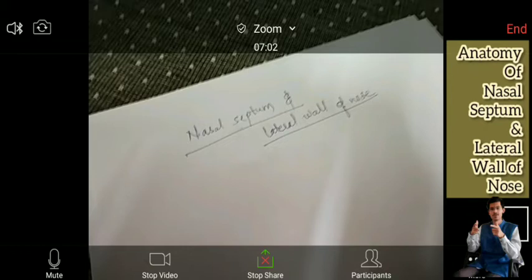Now, see this. I will stop the share first, or I will show the video also. I think you will not be able to see. Say it's a coconut. This is your skull. This is the anterior part, the person is seeing in front. This is the posterior part. Now what you did, you cut the skull from between. Skull no, the cranial cavity.